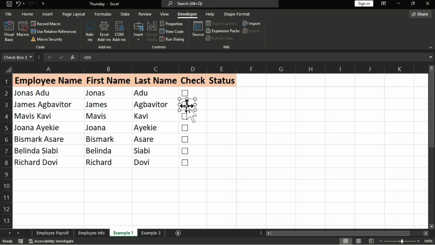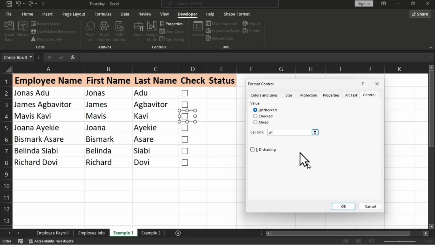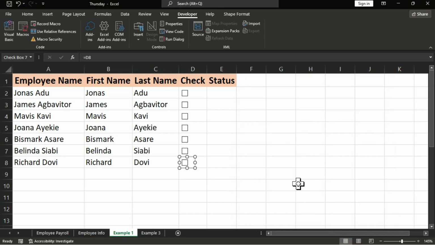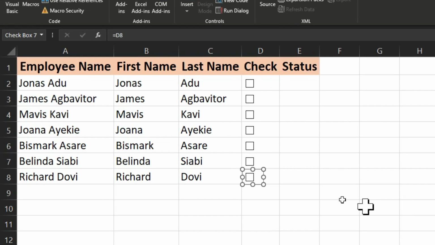So I'm going to link all these cells to these checkboxes, so give me some seconds to do so. Now I have linked all these cells to these checkboxes. So if I click, you can see that I have true, click, I have false. So we are going to base on these two arguments in these cells